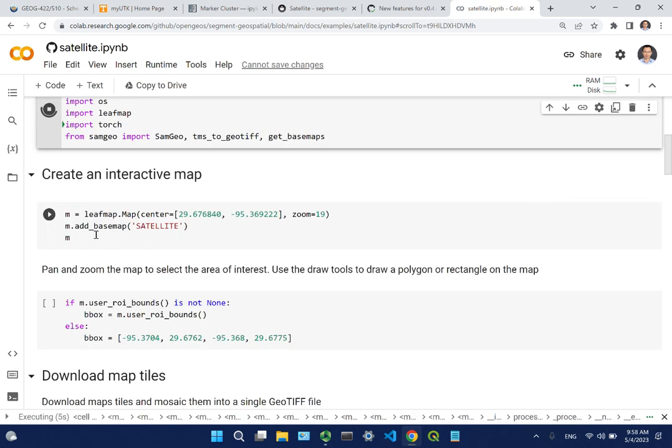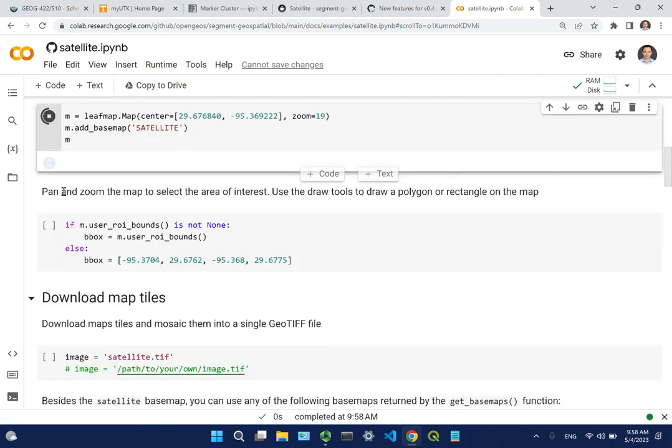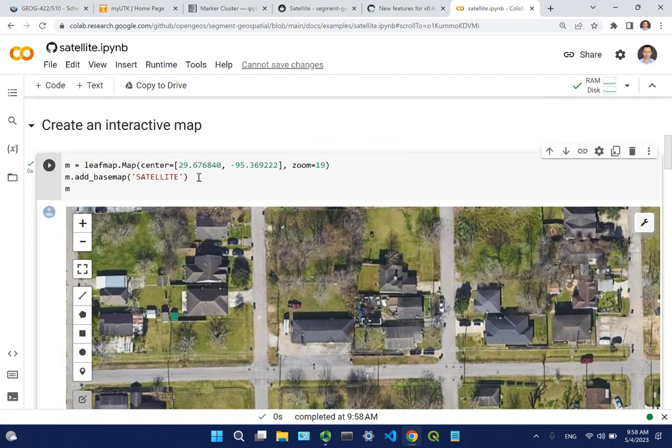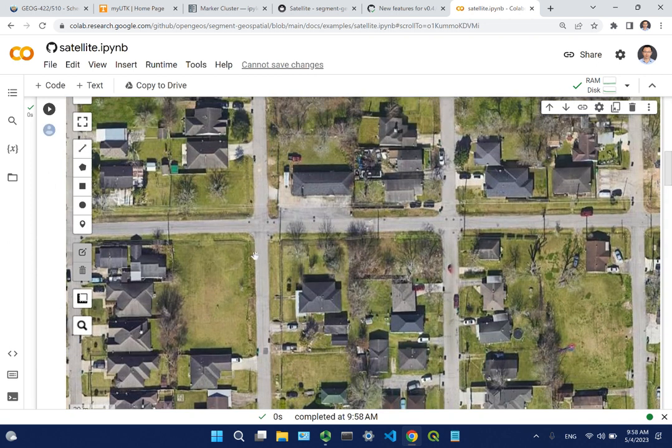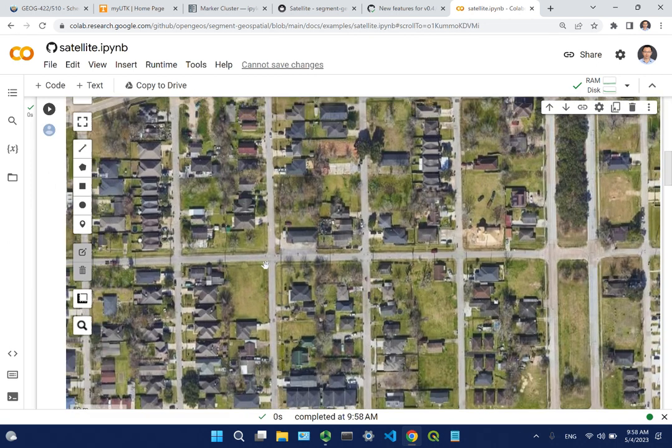And after that, you can create a map. If you look at this right now, you should be very familiar with this. You can create a map, set the center and zoom level, and then add the base map. Your package already has this basic functionality. From here, you can just pan and zoom the map to anywhere, draw a rectangle as your area, and then you should be able to download the imagery